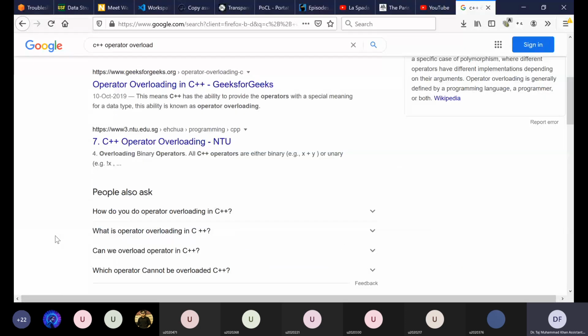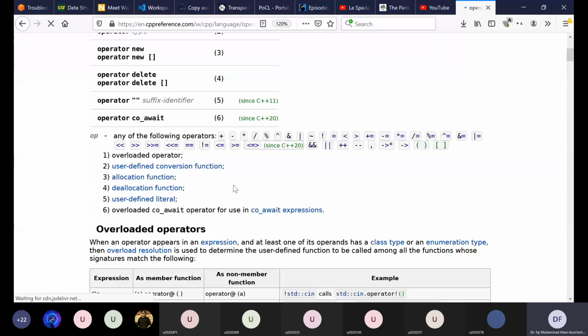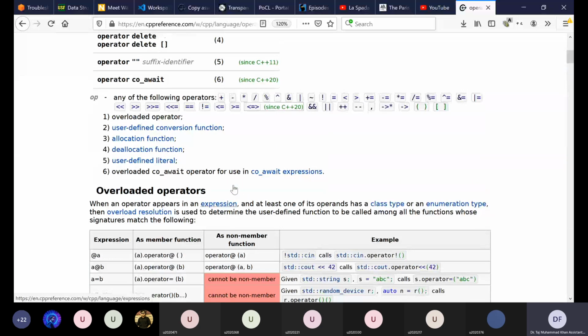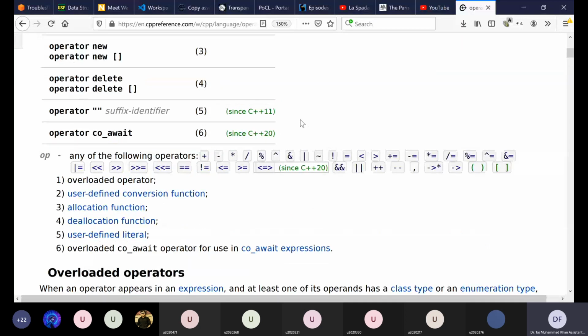Okay, so you can overload any of these operators. You see, you have plus, minus, multiply, divide. Let me zoom in. Plus, minus, multiply, divide, modulo, XOR, bitwise and, bitwise or, bitwise not, logical not, assignment operator, less than, greater than, plus equal to, minus equal to, multiply equal to, divide equal to, etc.